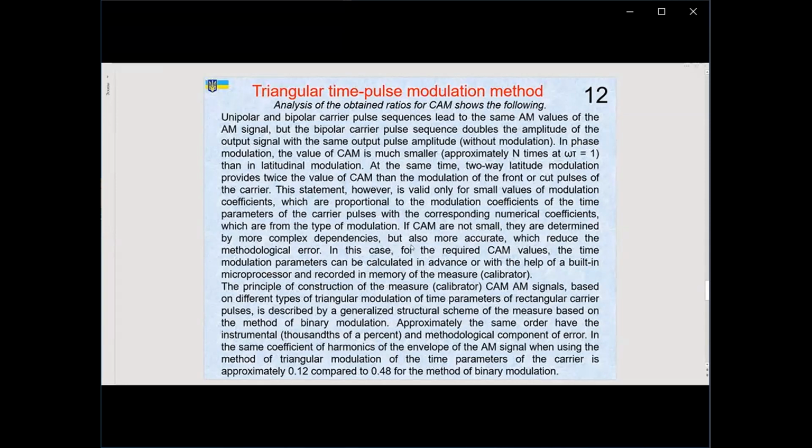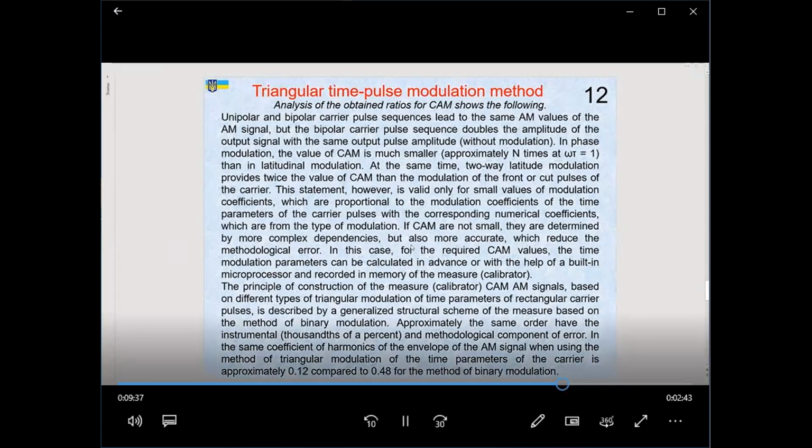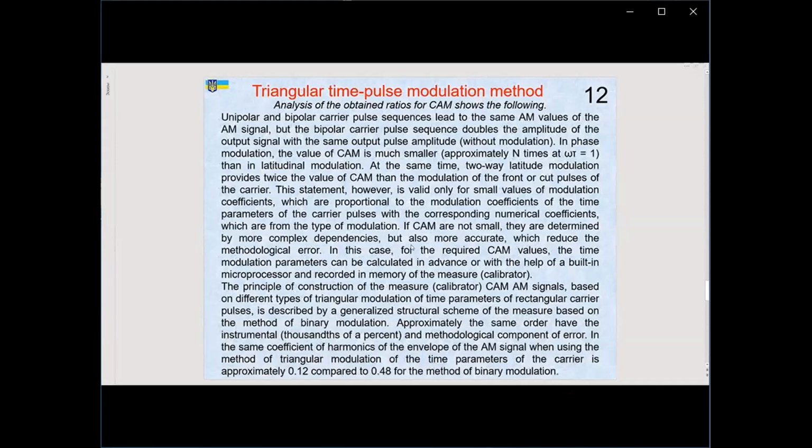If CAM is not small, they are determined by more complex dependencies, but also more accurate, which reduce the methodological error, and in this case for the recurrent CAM values the time modulation parameters can be calculated in advance or with the help of the built-in microprocessor